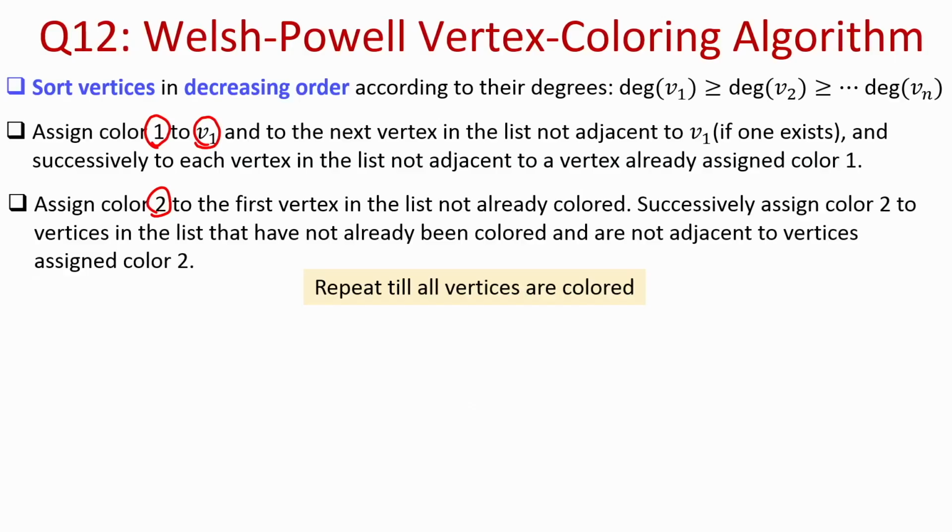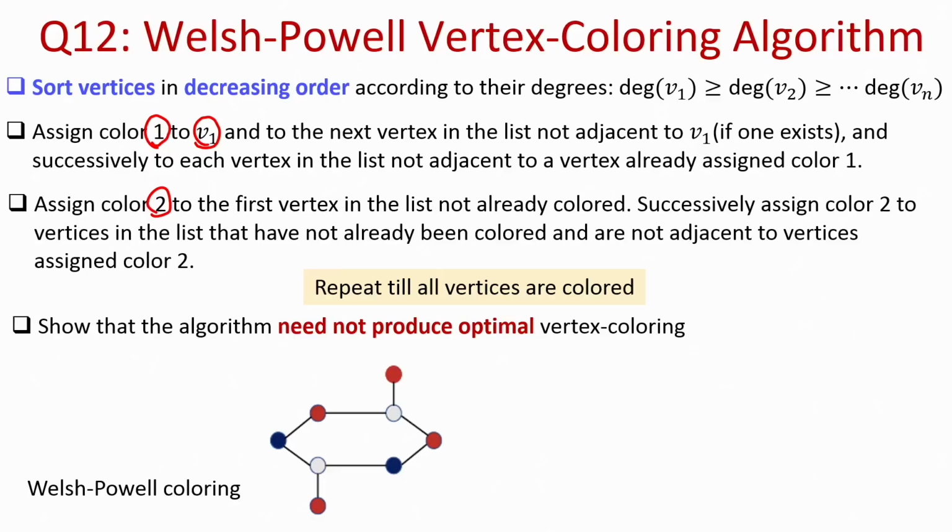So, now we have to give a counter example, namely a graph where the Welch-Powell algorithm will end up utilizing more colors than the optimal number of colors. So, consider this graph and let us see how many colors we need. So, actually we need 4 colors as per the Welch-Powell algorithm, because this vertex has the highest degree. So, I will color it and then I can assign the same color to this vertex which has also the same degree, and now I can't use the same color to color any other vertex. Now, I will focus on the next